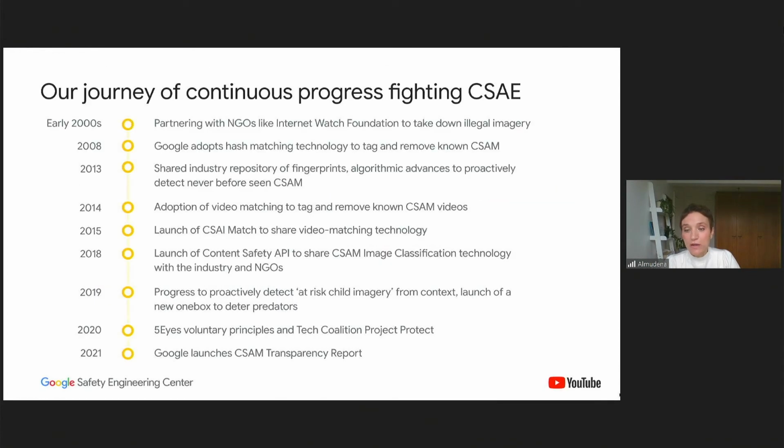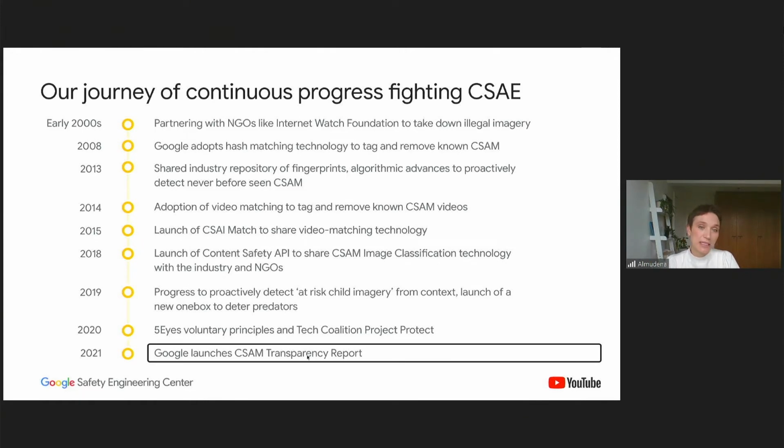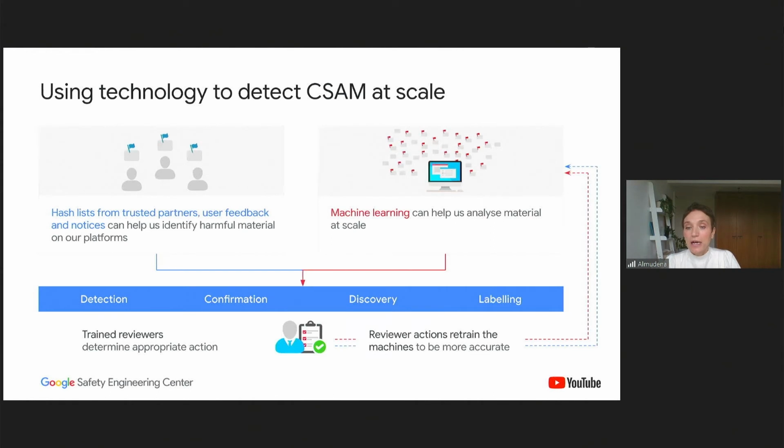So moving on, this is only to show that the journey for Google has been long, and we have a lot of experience here to share, but I'm not going to walk you through all the milestones in this space. I want to maybe spend a few more minutes just talking about the technology and how it allows us to detect CSAM at scale. So the role of hash lists that have already identified key child sexual abuse material is key